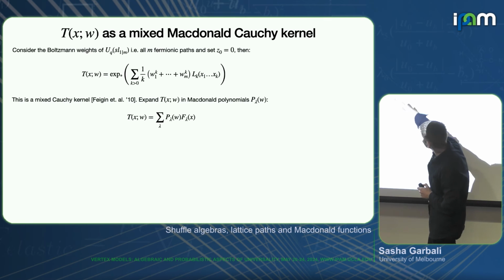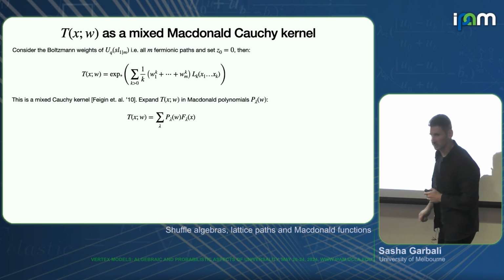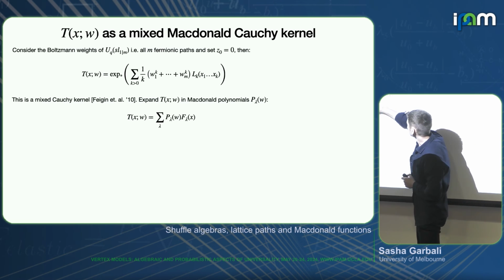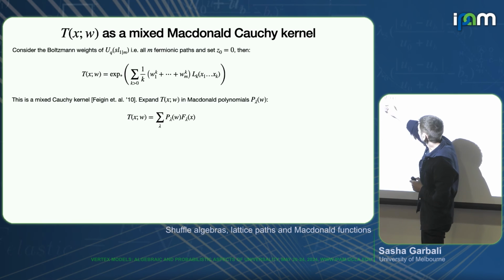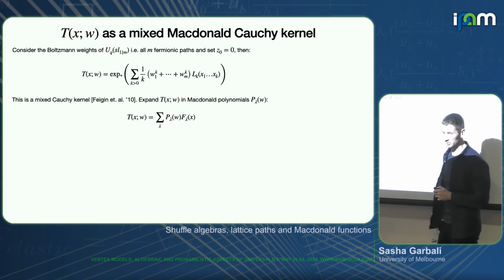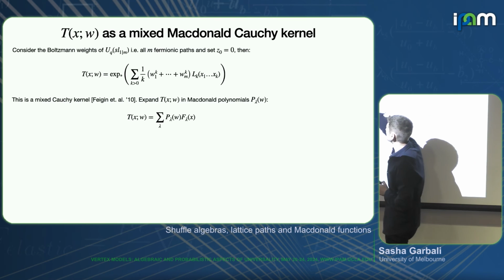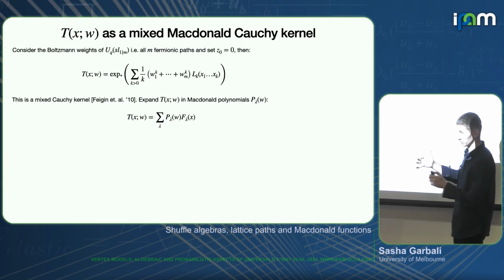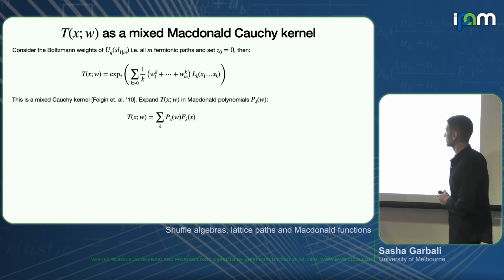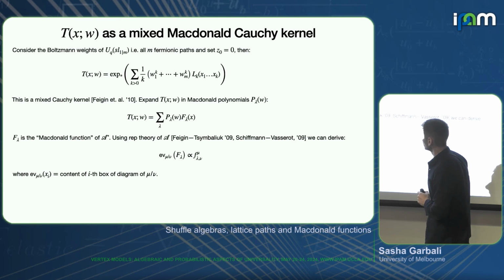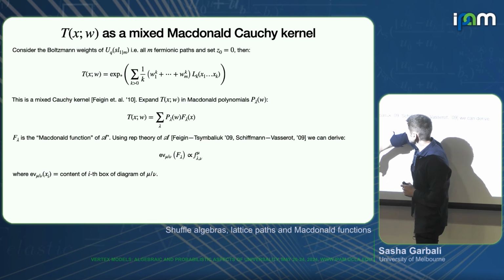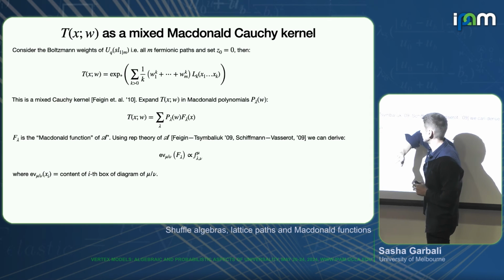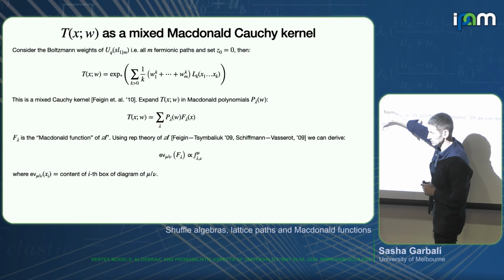And the first thing that you might want to do with this object is expand in Macdonald functions. So you expand in Macdonald functions in the W's, and you get the Macdonald function here. And you will have some kind of element of the shuffle algebra that comes from here. So this element is known in the shuffle algebra world. And it has a few famous properties. The nice thing about this element is that it has certain representations